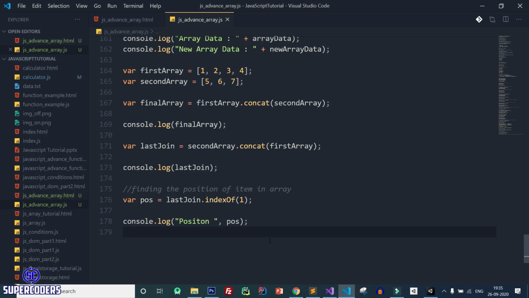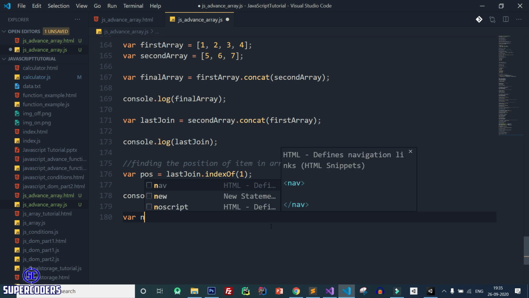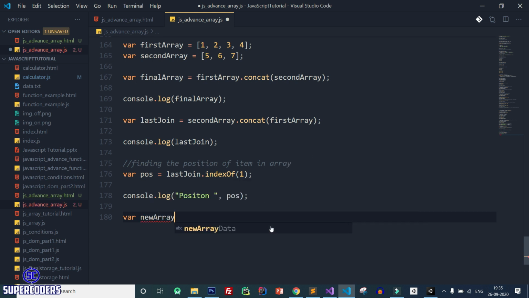Again if you see one more array, new array 2. Let's create one more array. 1, 5, 8, 9, 4, 5, 87, 78, 45, 74, 5 or 5. And here if you see 2 times item is repeating, which is 5.